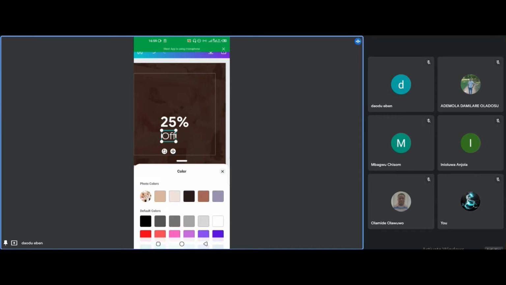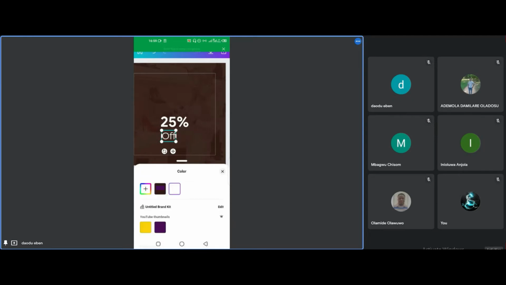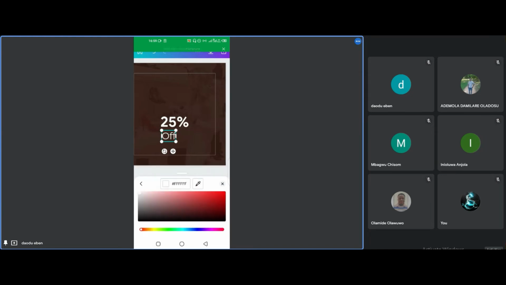So you can pick a color from your background, or better still, you decide to pick your own default color. So all you can do is you come here, then you click right there where you have the plus. Then you can decide. Now you have your swatches. So as you are dragging your swatches,